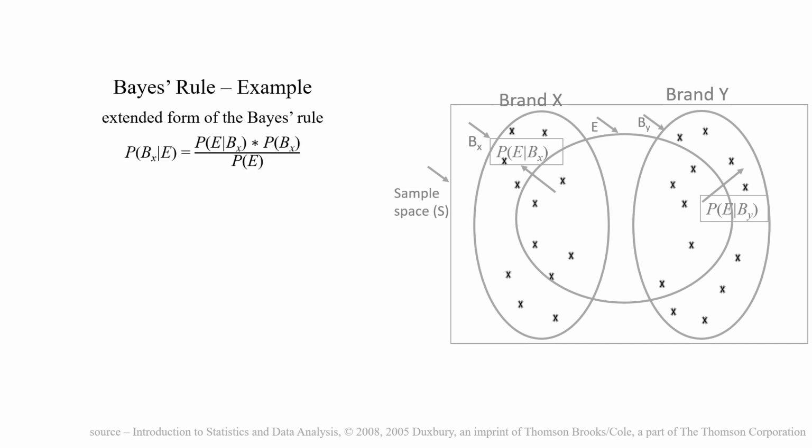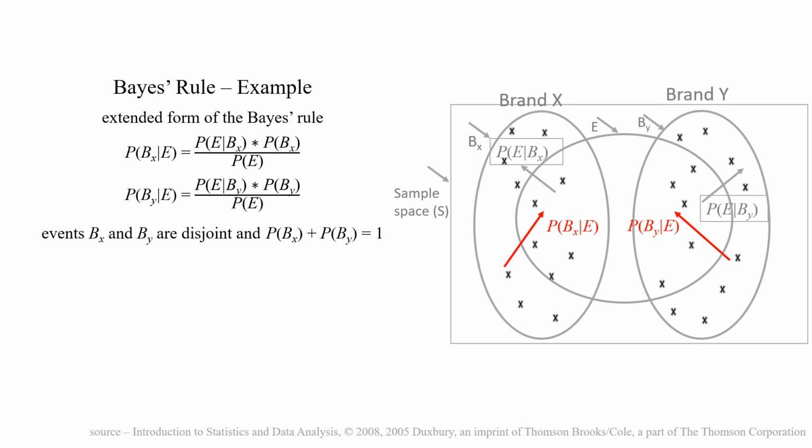That is, probability of Bx given E equals probability of E given Bx multiplied by probability of Bx divided by probability of E, and probability of By given E equals probability of E given By multiplied by probability of By divided by probability of E. Since events Bx and By are disjoint and the sum of their probabilities, probability of Bx plus probability of By equals 1, the law of total probability can be applied for probability of E in the denominator of the above equations and